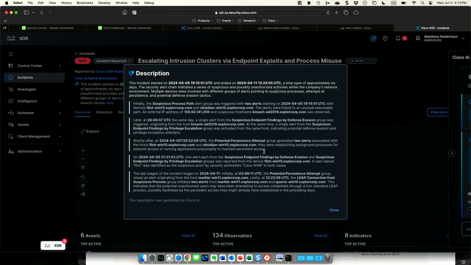We see more alarms. We can see that it consistently revolves around these two different assets, Flint Win 10 and Obsidian Win 10. And then finally, we see the final execution of the type of attack that occurred, with non-standard LDAP processes and the likelihood that there are unauthorized users attempting to steal credentials off of our domain controllers, as we have very suspicious LDAP connections occurring in this particular environment. Okay, so we have the AI summarized